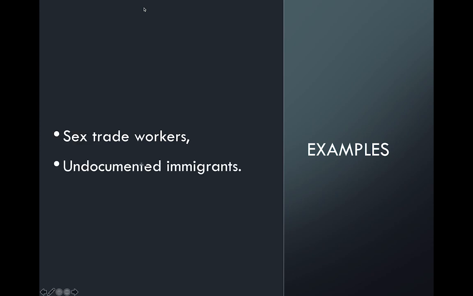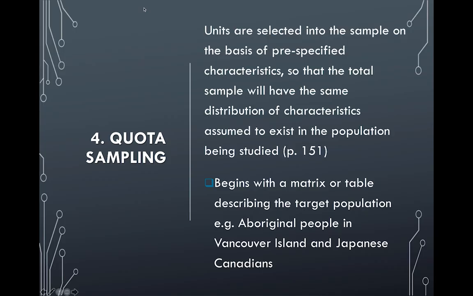So here's some examples: sex trade workers, undocumented immigrants, times where people are maybe not as willing to participate in a study as they would in other kinds of studies. So you got to be very careful about this. But it might be that you have no choice really but to do a snowball sample or some kind of purposive sample. So quota sampling, basically you set out the characteristics of what you're looking for in the first place,